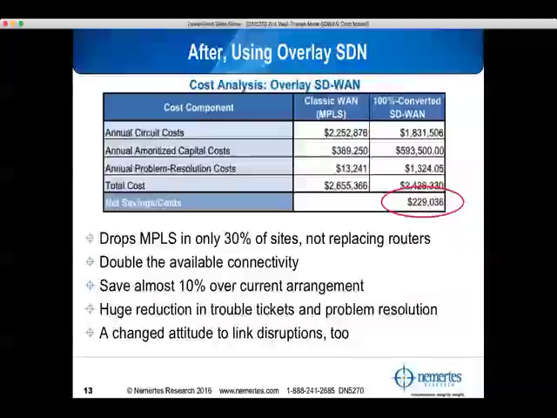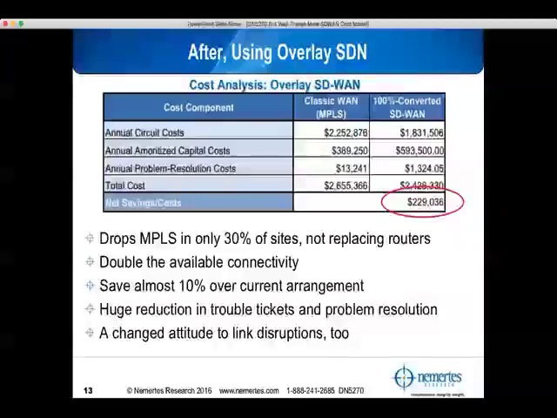And of course, they drop another $10,000 worth of troubleshooting on their WAN as a result of that reduction in trouble tickets and outages. And so they wind up saving $230,000 on their original $2.25 million a year expenditure on connectivity, on $2.6 million overall WAN spend. That's significant. That is a kind of number that gets people's attention, because it's not just that they're saving this